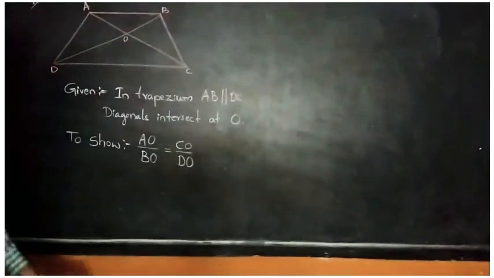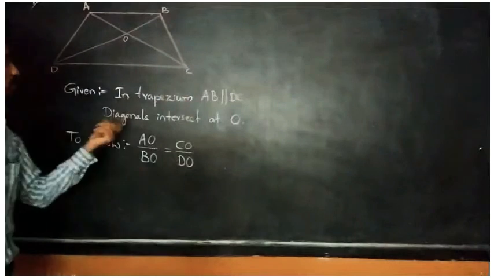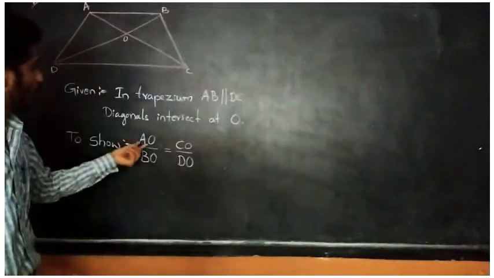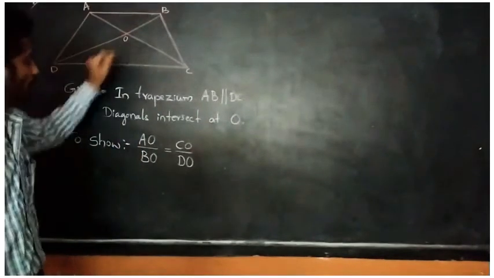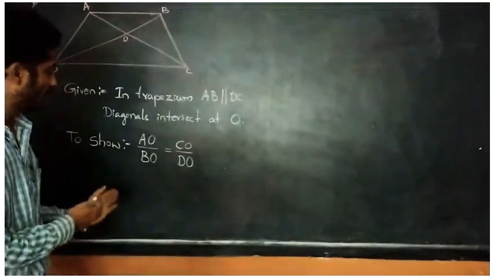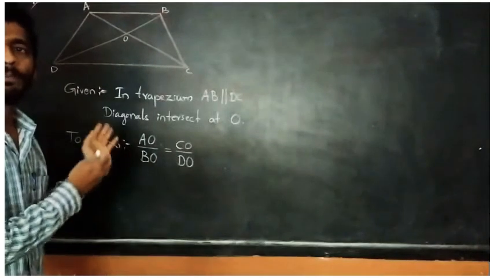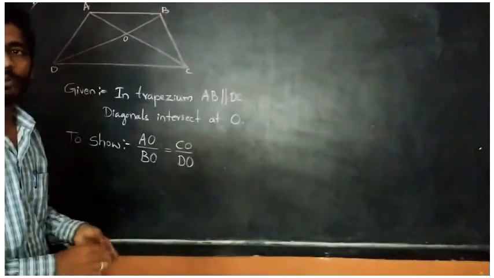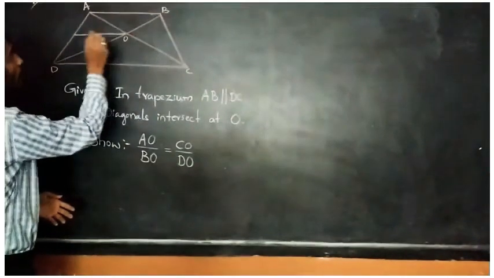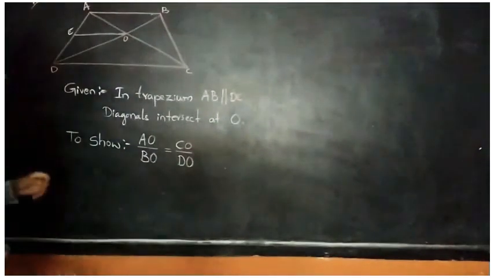In the 9th question, they have given one trapezium. In that trapezium, AB is parallel to DC and the diagonals intersect at O. So here we have to show that AO by BO is equal to CO by DO. For getting the sides ratio, we need one triangle with one parallel side. So for that, what do we have to do? Draw EO,